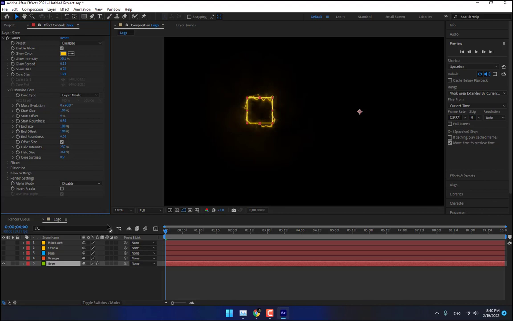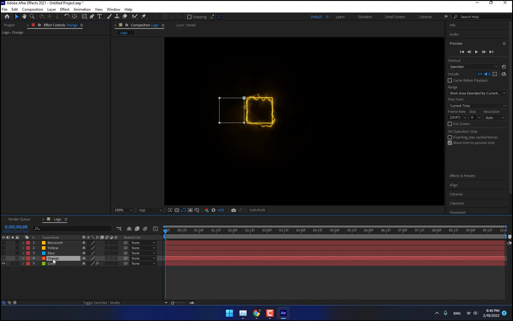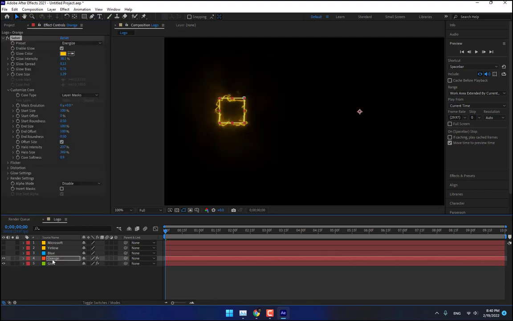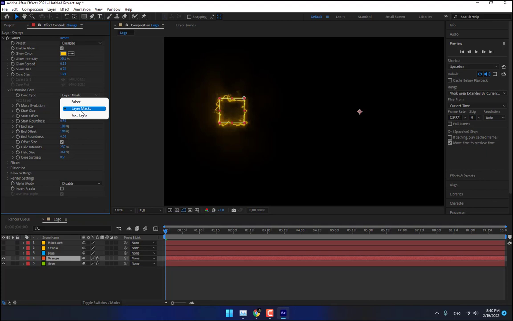Okay, good. And now copy the Saber Light, Ctrl V, paste, and select the layer mask and then press